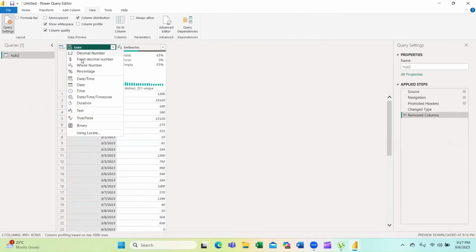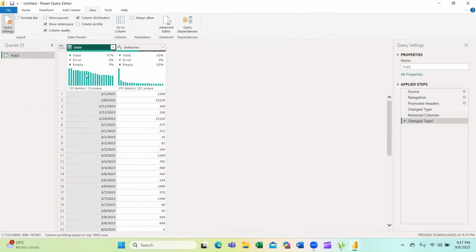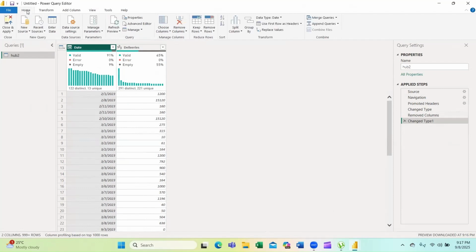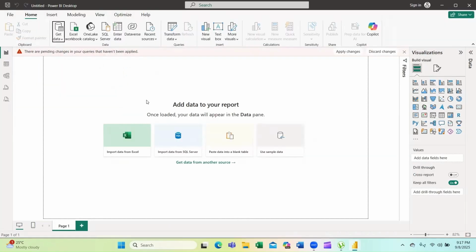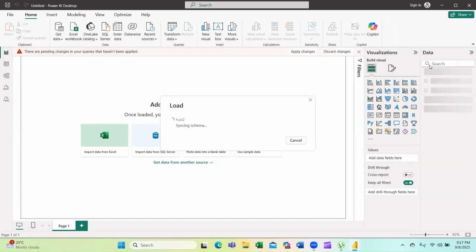I will change this to date, and this one to numbers. Since there is no error, normally I should close and apply and load my data, and on this side I should see our table.